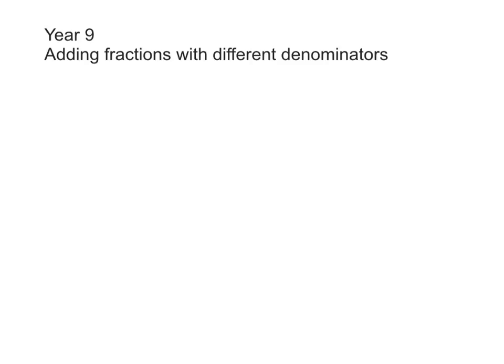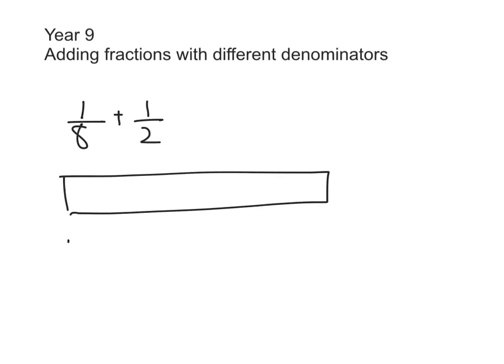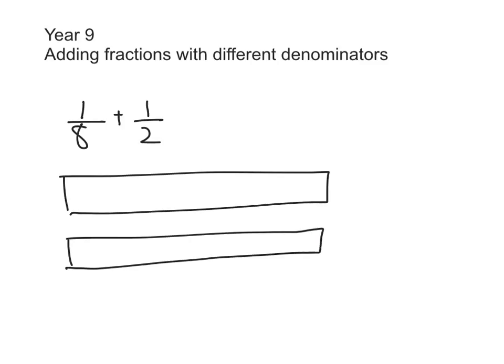So we're going to start with how do we add this. So we've got 1/8 plus 1/2. Right, to think about this problem, before we start just doing it, I'm going to draw some very long bars of chocolate. Now what we want to do if we're adding 1/8 and 1/2 is to picture what they mean. Well, let's look at the 1/2 first. So here's 1/2,